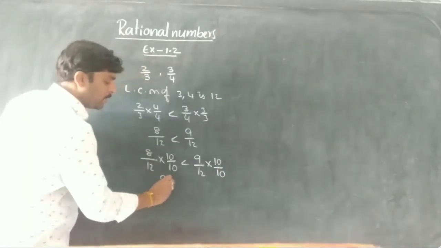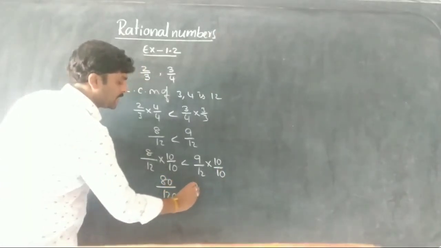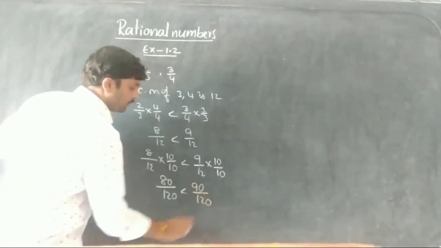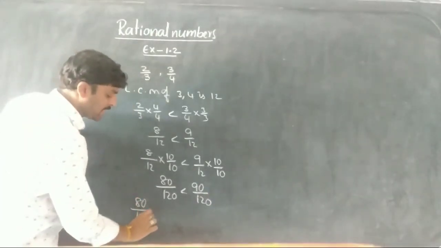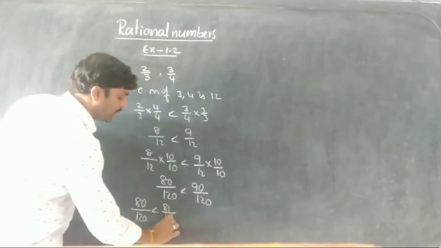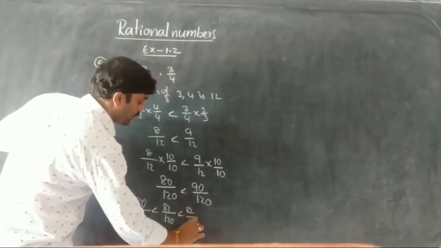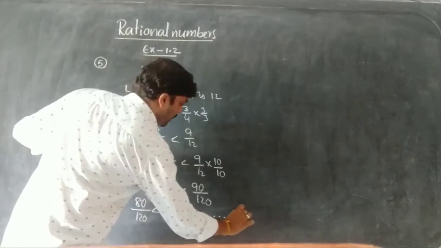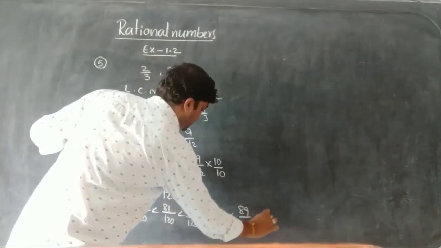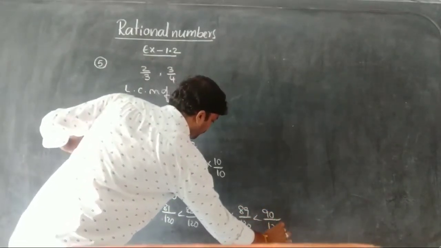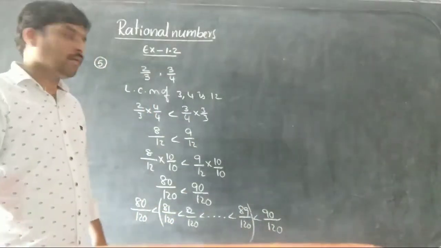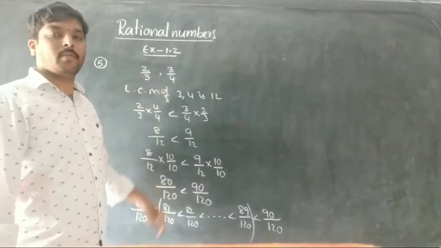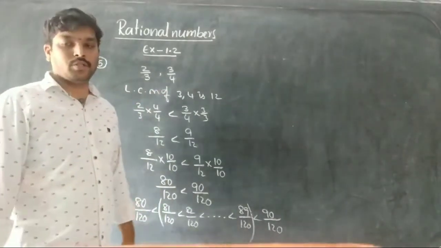Here it is 80 by 120 is less than 90 by 120. Now 80 by 120 is less than 81 by 120, which is less than 82 by 120, and so on, up to 89 by 120, which is less than 90 by 120. So from here to here, take any one of those. They lie between 2 by 3 and 3 by 4. So this is the fifth question. Next,